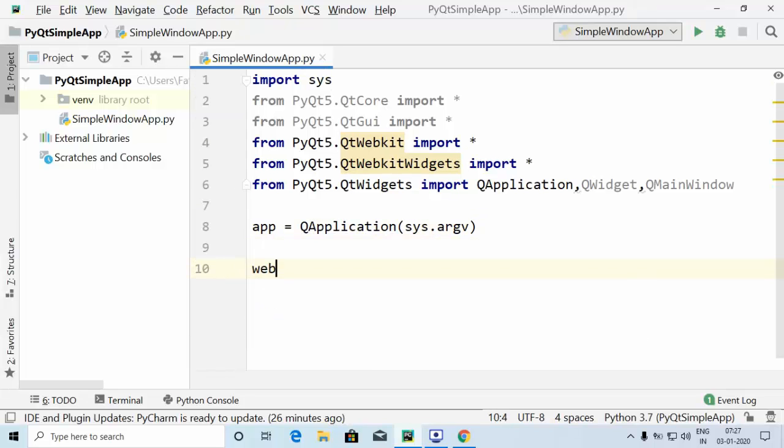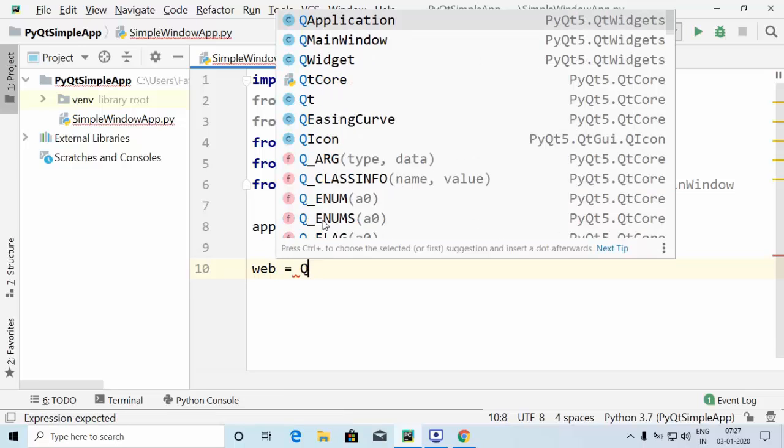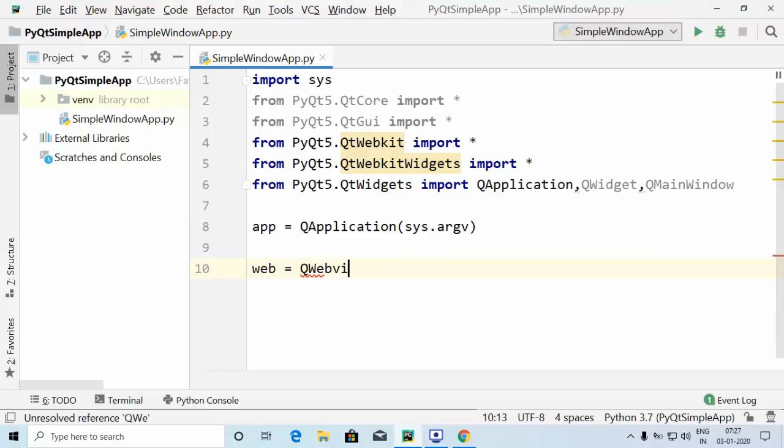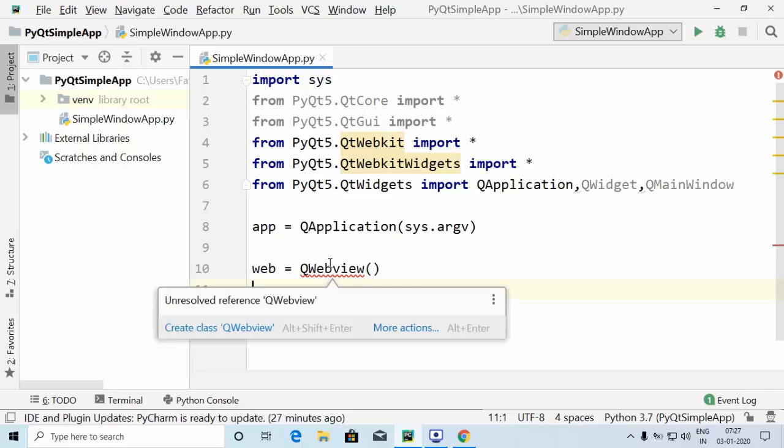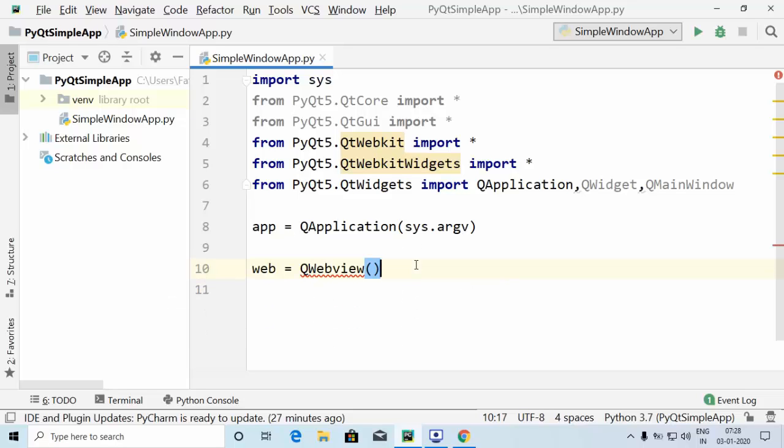Then I'm going to create a variable called web, and inside that I'm going to use QWebView. Okay, so we have used the QWebView.